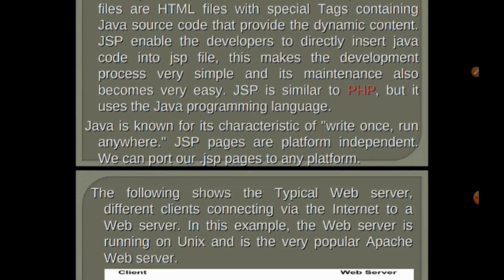We can port easily from one machine to another; you just copy the .jsp file and move it anywhere. The extension of a JSP file is .jsp.